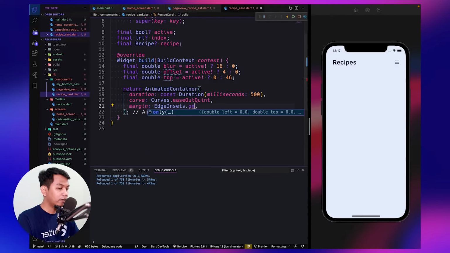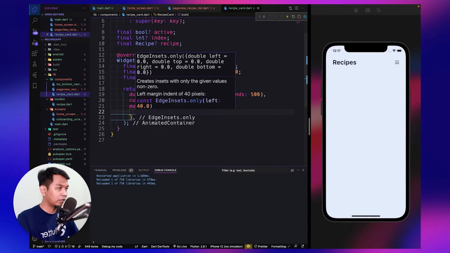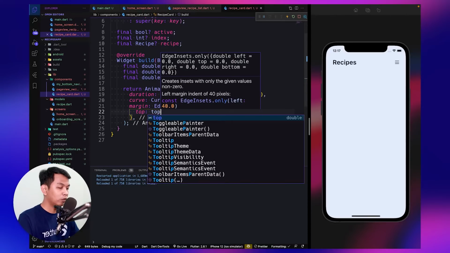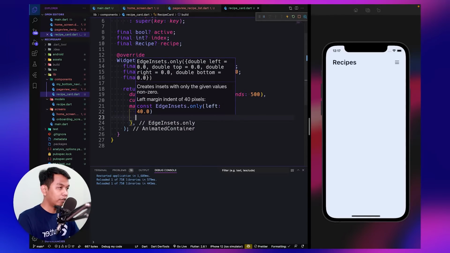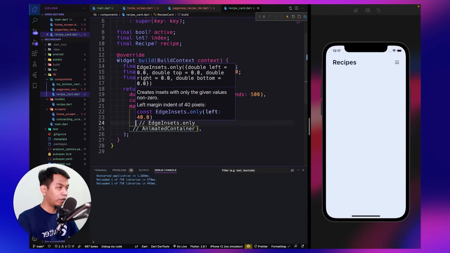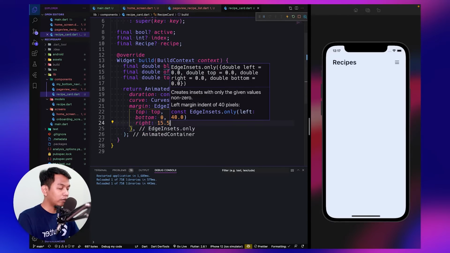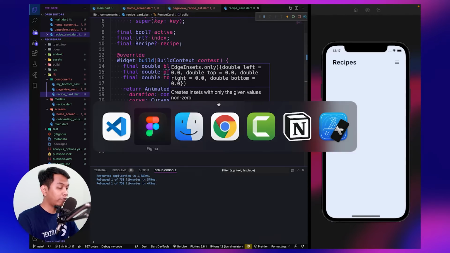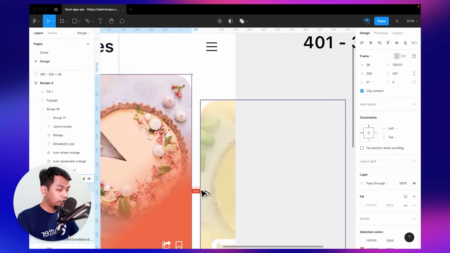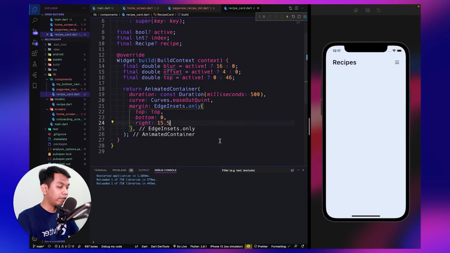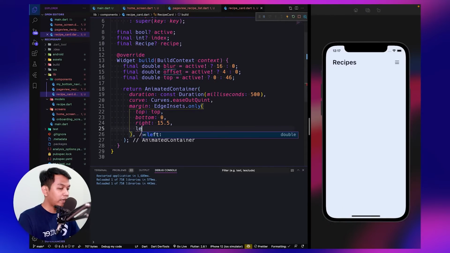And here we say using margin, and the top set it to the top variable, and the bottom set it to 0 because there is no margin on the bottom. And for the right, we set it to 15.5. So let's see here, 15.5 the right. And the left, we use a ternary operation again.